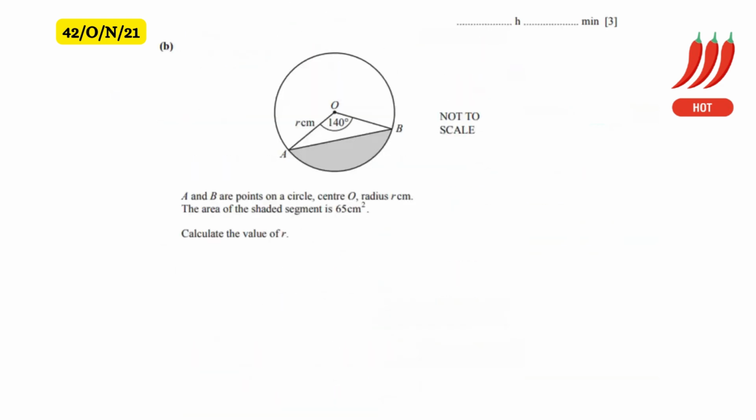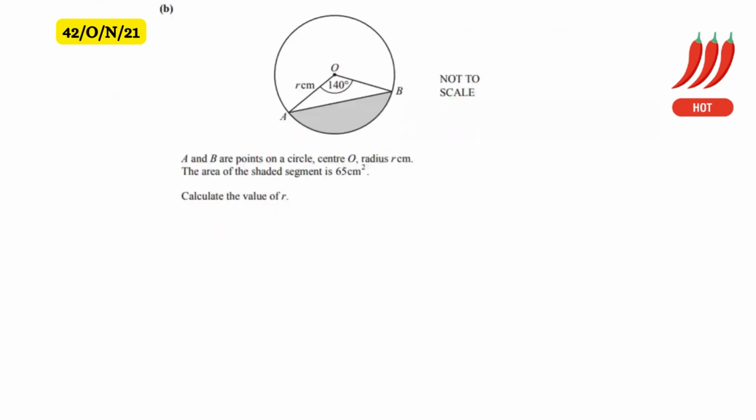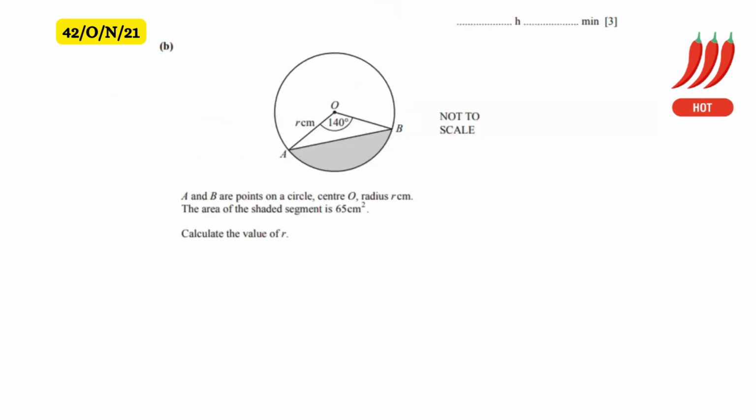Part B says A and B are points on a circle, center O, radius R centimeters. The area of the shaded segment is 65 centimeters square. Calculate the value of R. So this is a 4-mark question. So for this,